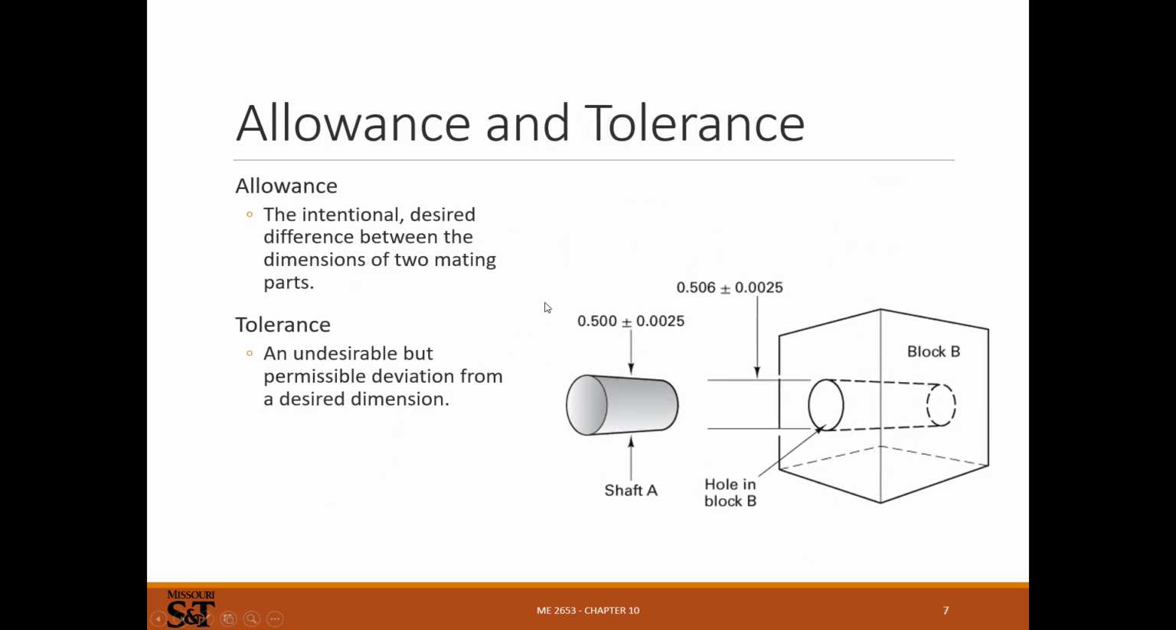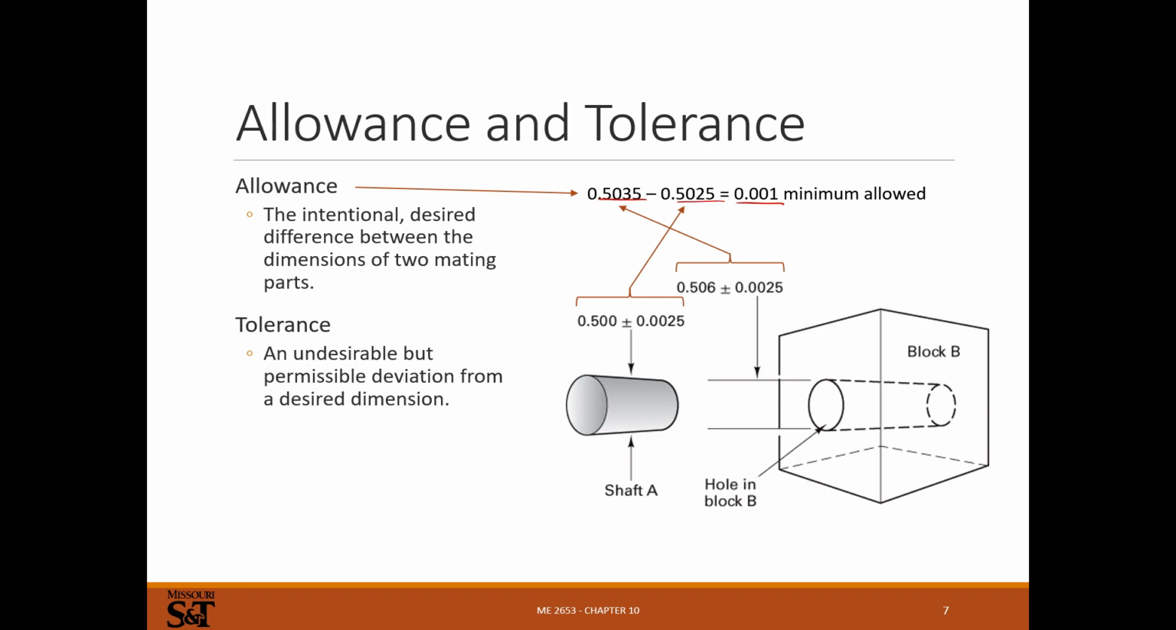Allowance and tolerance. When we start talking about things like press fits, interference fits, slit fits, we have the allowance, which is the desired difference in dimensions. For something like a press fit, the allowance is the desired amount of clearance or interference between the parts. So in this case, it's between